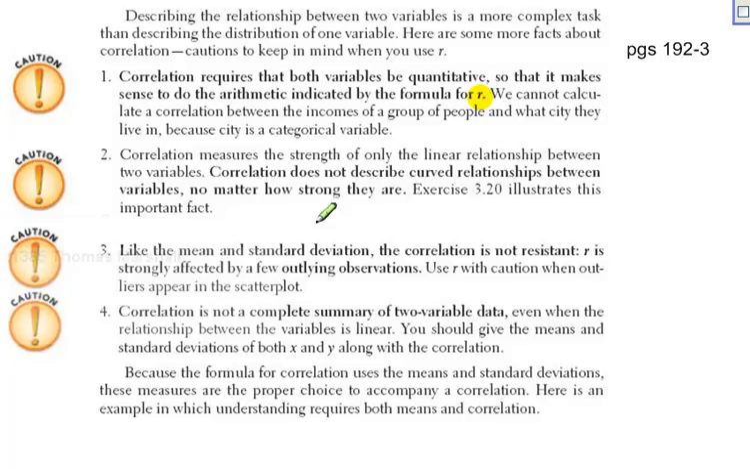The correlation does not imply causation. We have to do something different. We should know that,